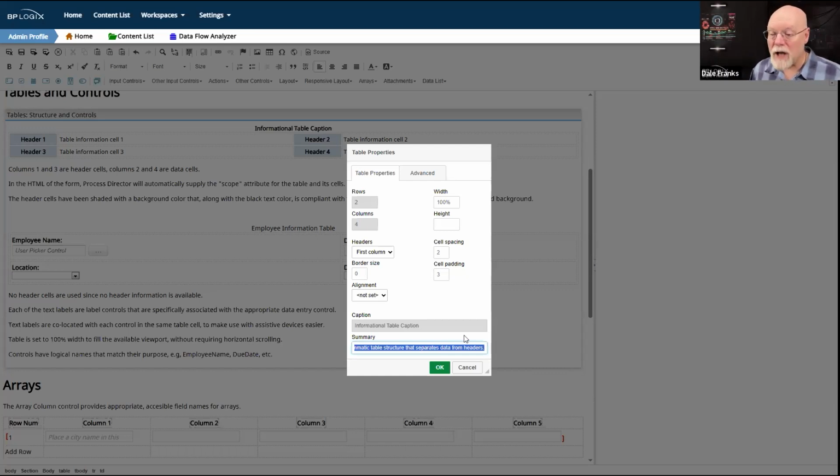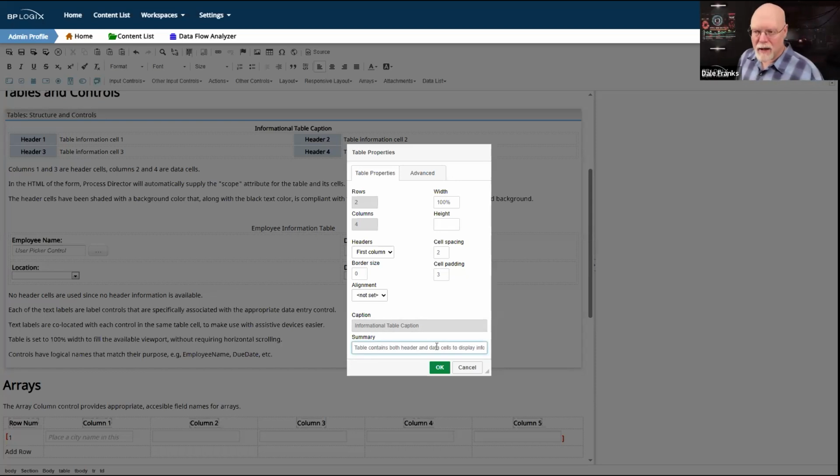So in a form that you have created to sort of display a report in an array, you would need to have some sort of summary that explains what that report is. So anytime that you use a table to display data, you do need to have that caption and the summary for that to be fully compliant.